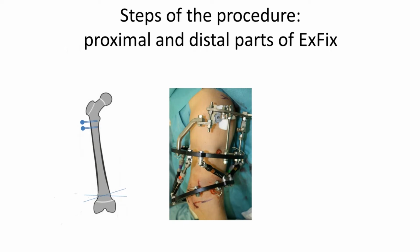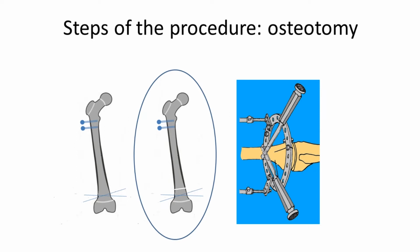The surgical procedure itself consists of several steps. For example, for femoral monofocal lengthening, the first step is standard application of external fixator, but first we insert only 2 wires in the distal ring and 2 wires or half pins in the proximal arc or ring. It makes easier insertion of intramedullary nails. The second step is standard, and it's percutaneous osteotomy using conventional technique,